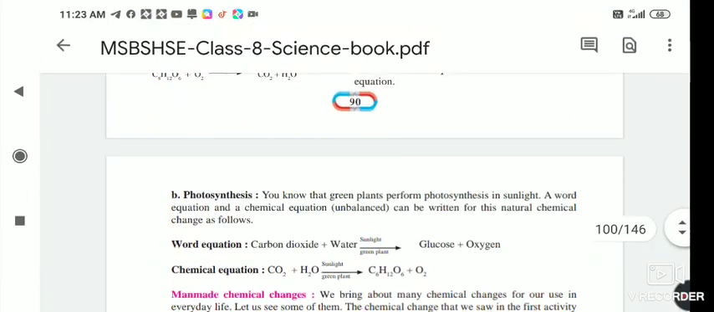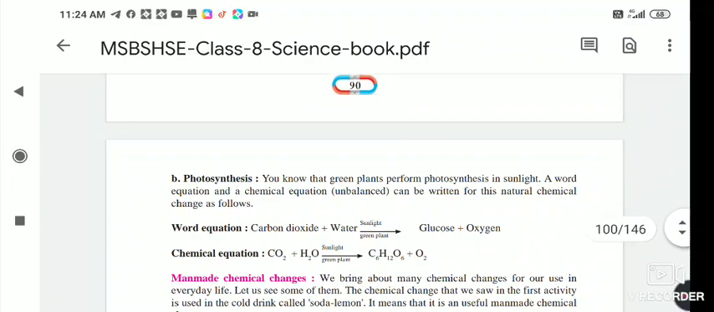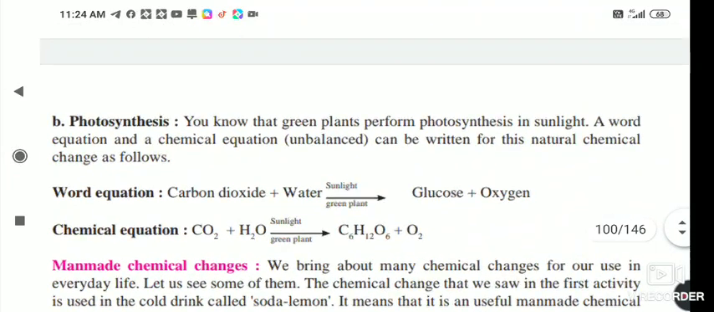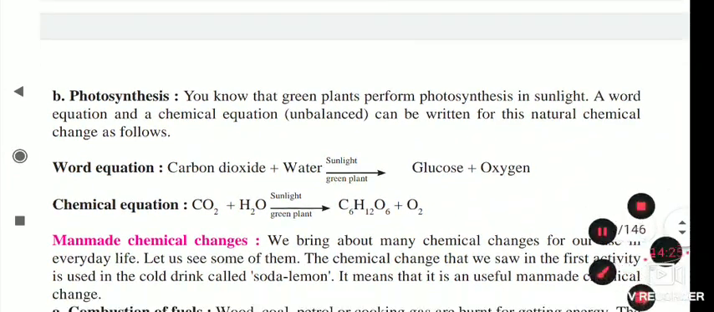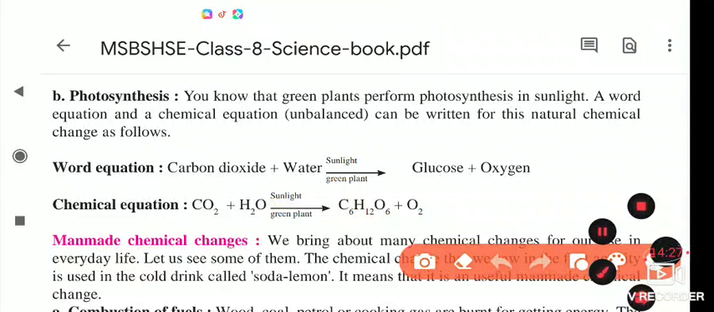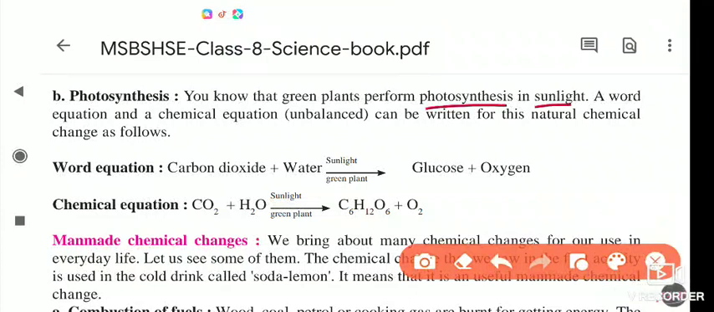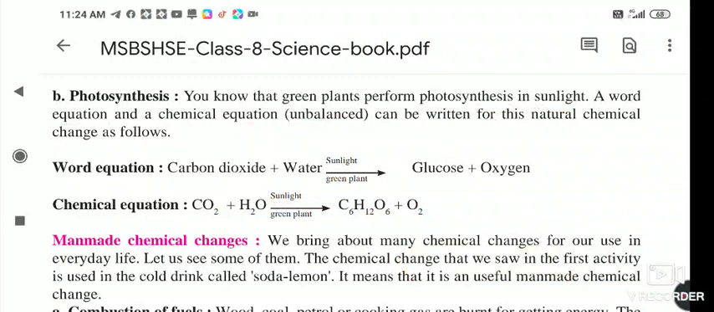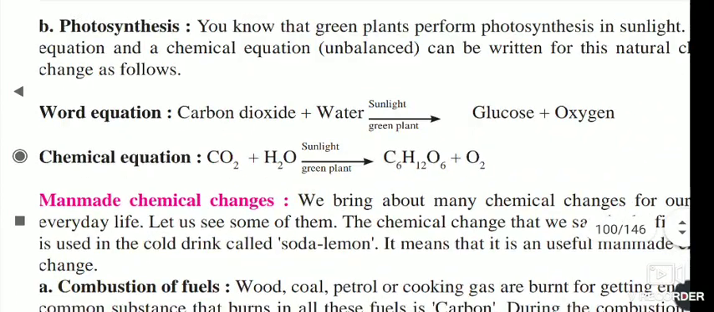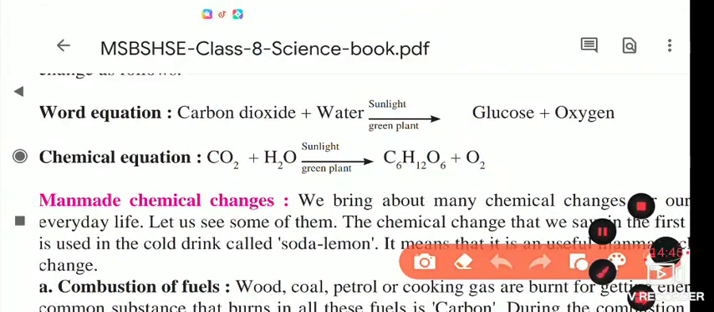Now the next reaction is the photosynthesis reaction. We know that green plants perform photosynthesis in sunlight and prepare their own food. The word equation and the chemical equation, unbalanced and before balancing, can be written for natural chemical changes as follows. First of all, we will see how to write the word reaction. As you know, plants take carbon dioxide,